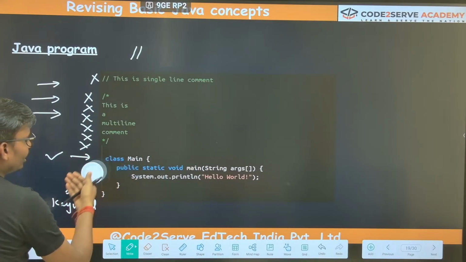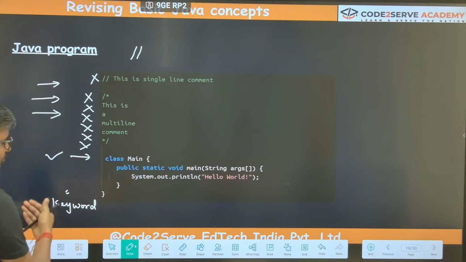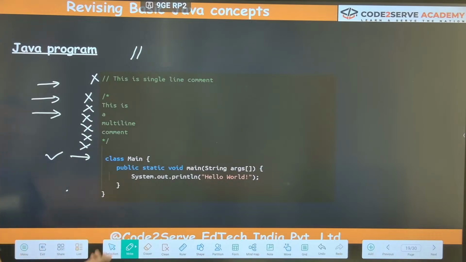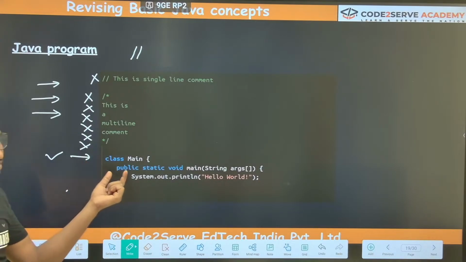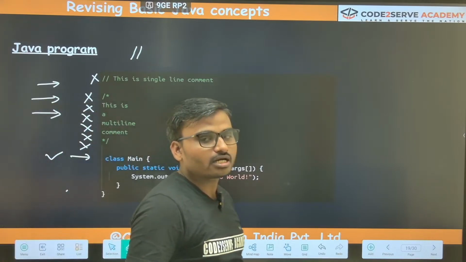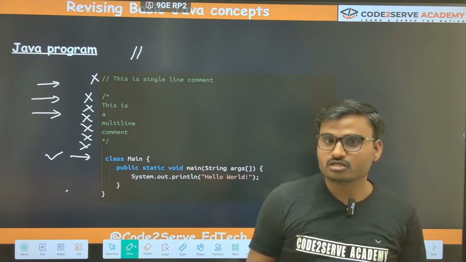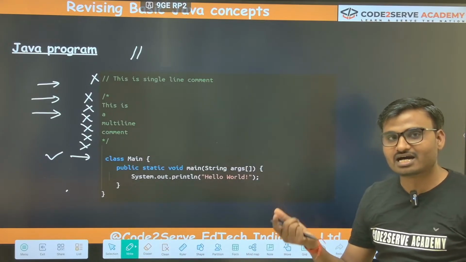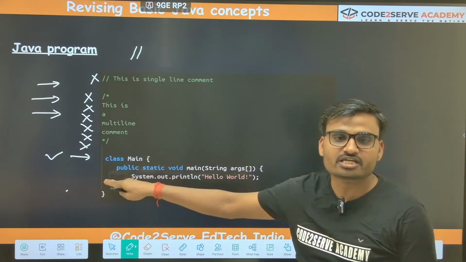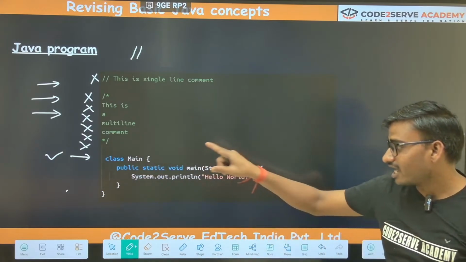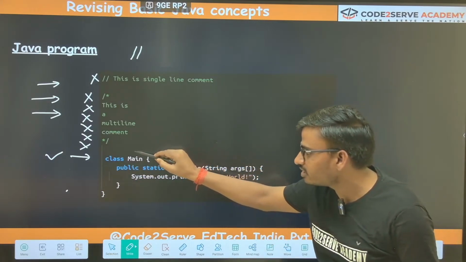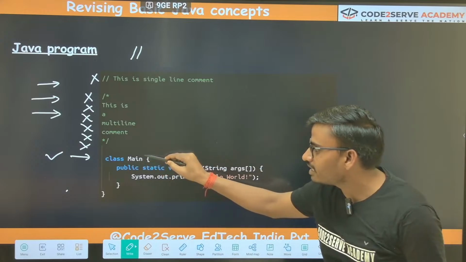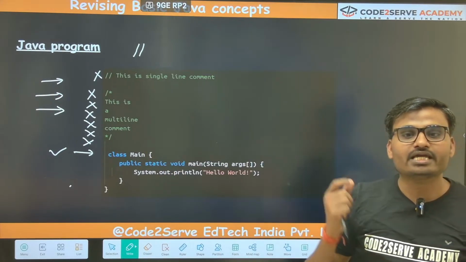Have a look over here. With the keyword class, we generally create a class. The blueprint I was talking about, the class that we are creating, will use the keyword class. And after that there is a name, the name that we give to any class.